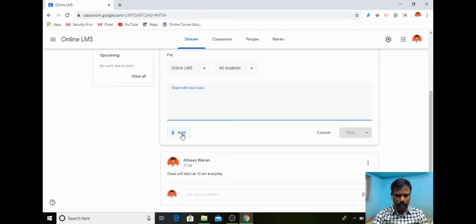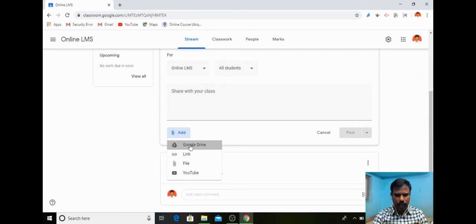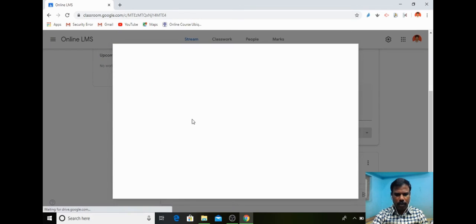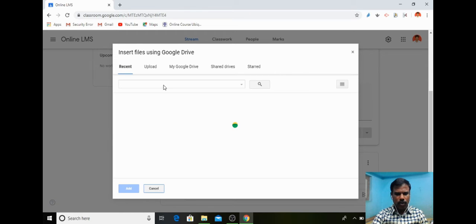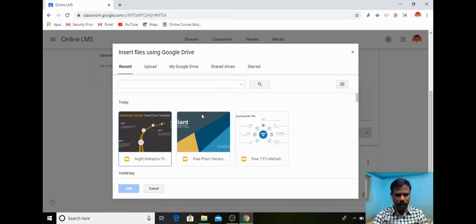You can see a file can be added from Google Drive, or it can be a link, or a file, or a YouTube video. For example, I am going to add a file from my Google Drive. So you can select Google Drive. It will show the list of files available in my drive.